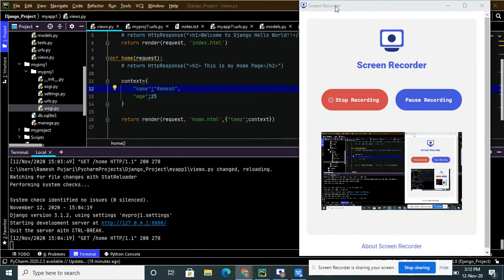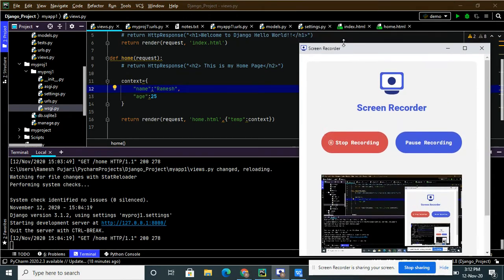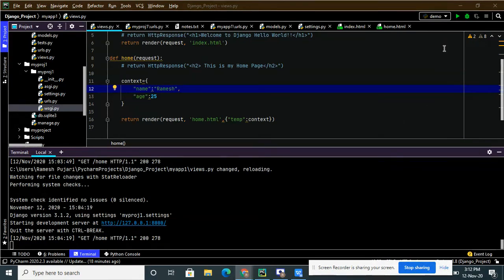So in the previous video tutorial we learned how to use the Django template language and how to work with the model view controller. In the next topic we are going to learn how to process a form in HTML. If I'm passing any values, they should be processed: how to take input values in the HTML and how to render those values to the HTML page, that is the web page.